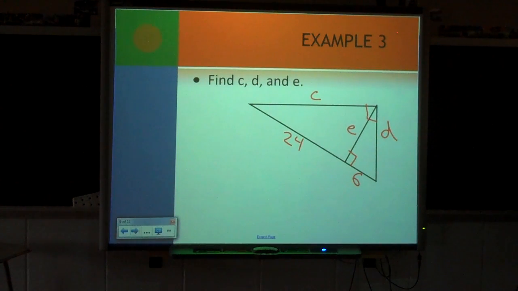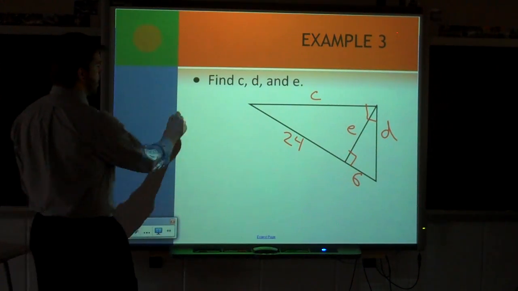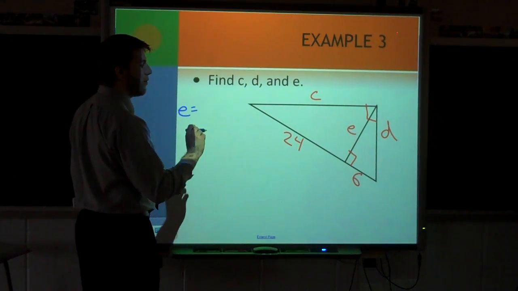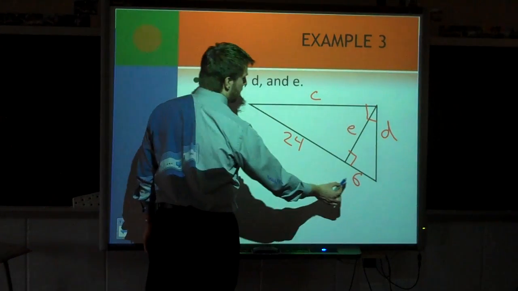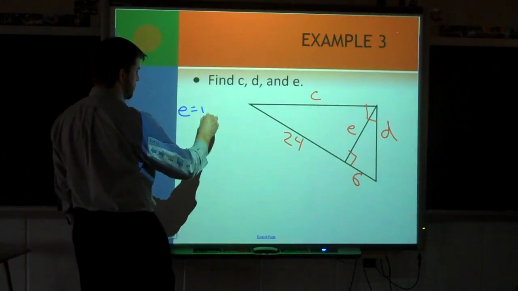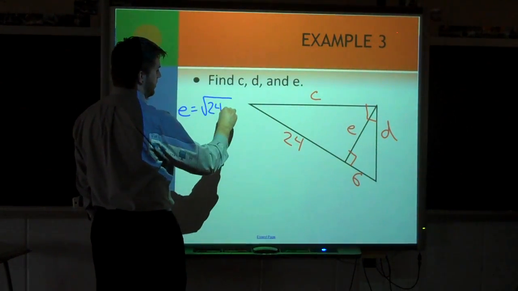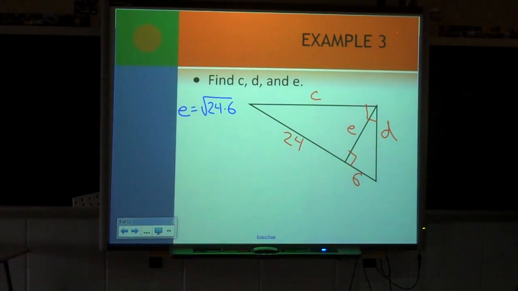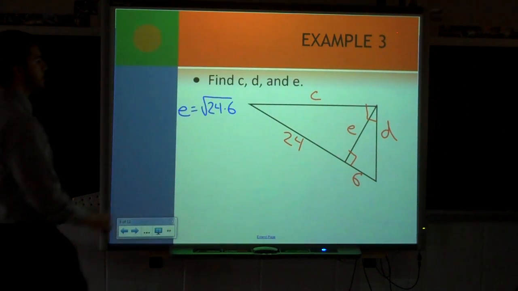And it really doesn't matter which one we find first. E is the altitude. So according to that theorem, E is going to equal the geometric mean of the parts, so 24 and 6. So E equals the square root of 24 times 6. C